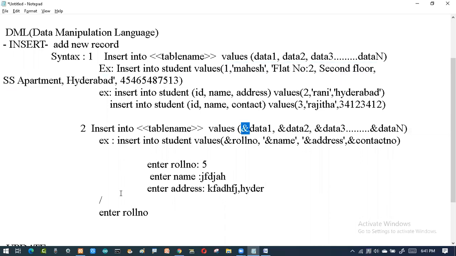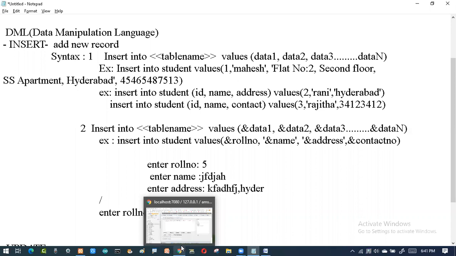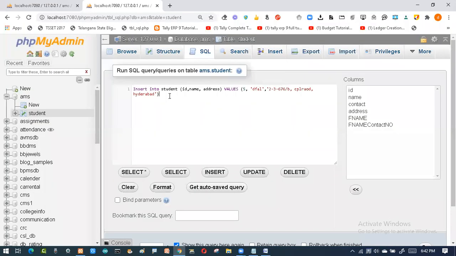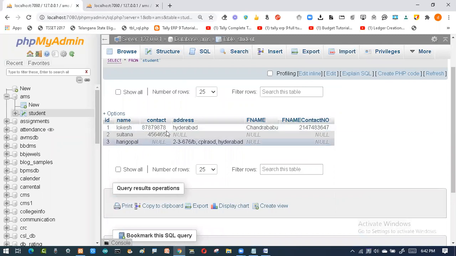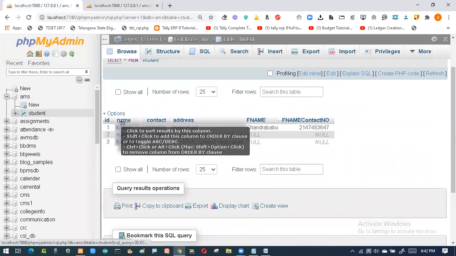Now this is what we do in Oracle. But what about MySQL? In MySQL we have a little bit of change, but we can go for n number of records. So how do we do it? Say I want to add only a few columns: ID and name.